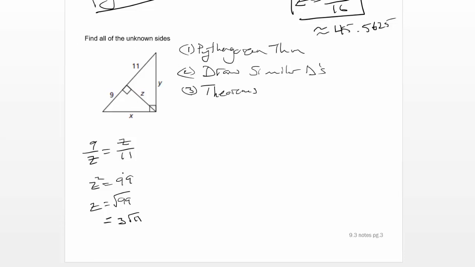If the directions said you could round, then you could type this into a calculator and just round it to the appropriate decimal place. But this exact answer is going to be nice. This is going to be more useful for finding the rest. This tells me that z is really 3 square roots of 11. In this case, you could find both x and y by using the Pythagorean theorem if you want, because in the case of this smaller right triangle here, I know a side, and I'm looking for the hypotenuse. So you could say a squared plus b squared equals c squared is one method you could use. I'm going to avoid that because I don't really want to have to square and square root as much. I'm going to try to do that as little as I need to,